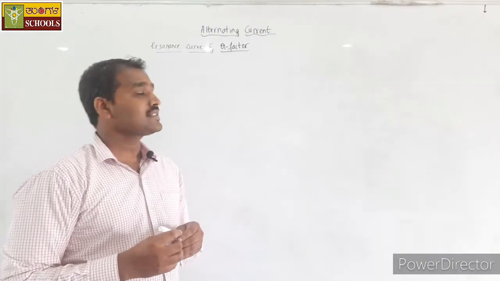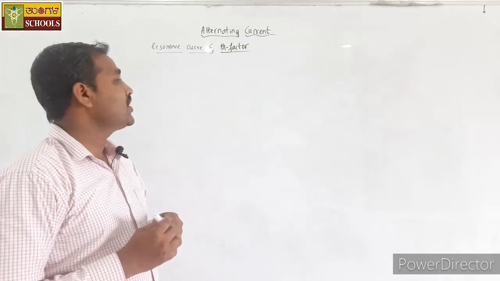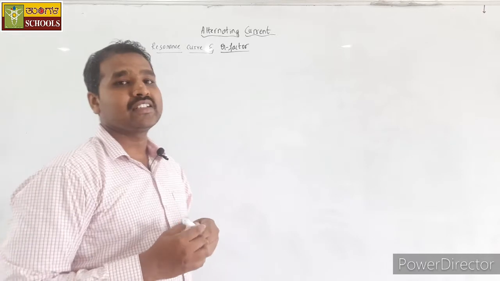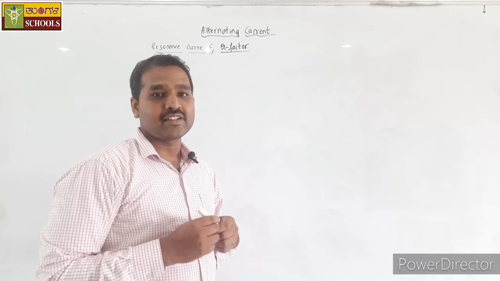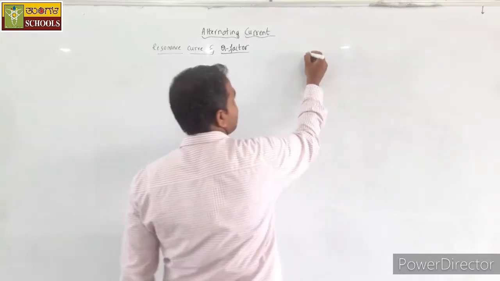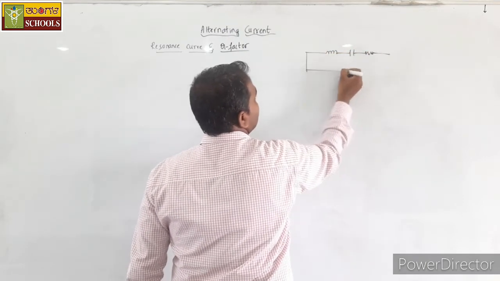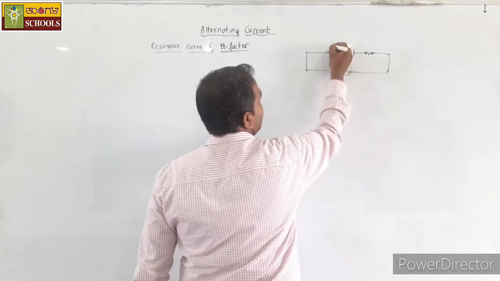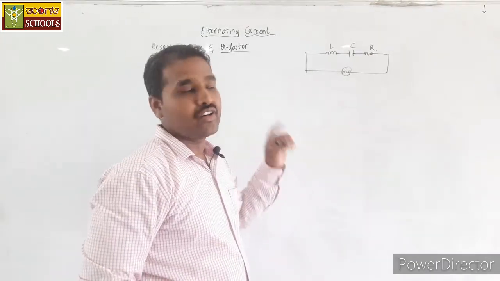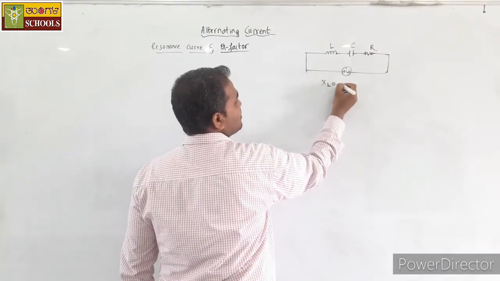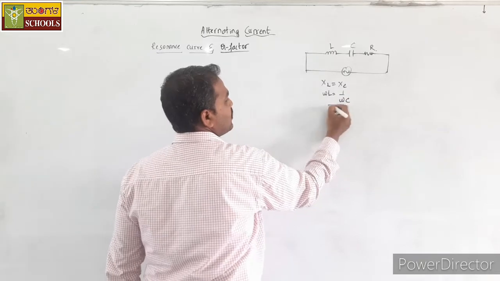Yes, let us discuss the concept of a resonance curve and a quality factor, or simply we call it as a Q factor. We have seen the electric resonance is the state or the condition at which the current in the LCR circuit is a maximum. Let me consider an LCR circuit containing an inductor, capacitor and a resistor whose values are L, C and R. For the resonance to occur, we have seen the condition is XL must be equal to XC, or ωL is equal to 1 divided by ωC.